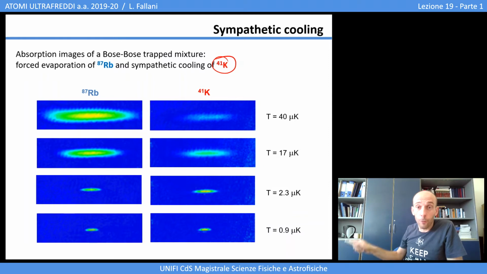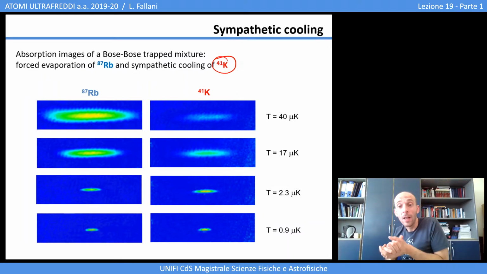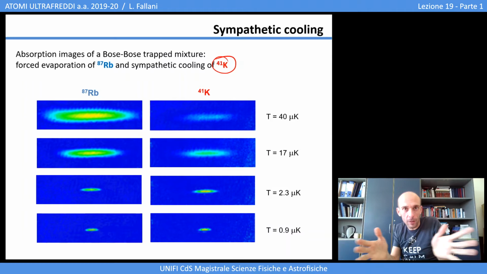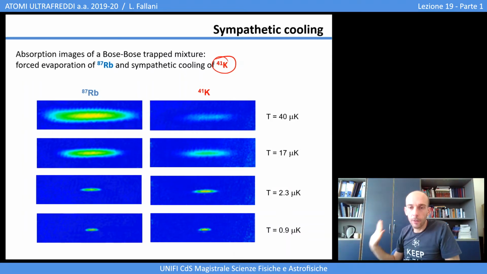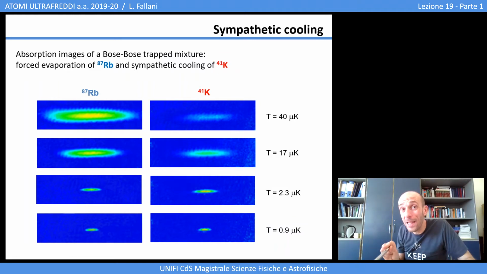So let's start with rubidium. Here, these are 4 different images in a sequence of evaporative cooling. And so you see that the number of atoms is reduced, and also the width of the cloud is reduced because this is cooled from 40 microkelvin to almost 1 microkelvin. And here you see that even if you're not performing any evaporation of potassium, the width of this cloud is reduced